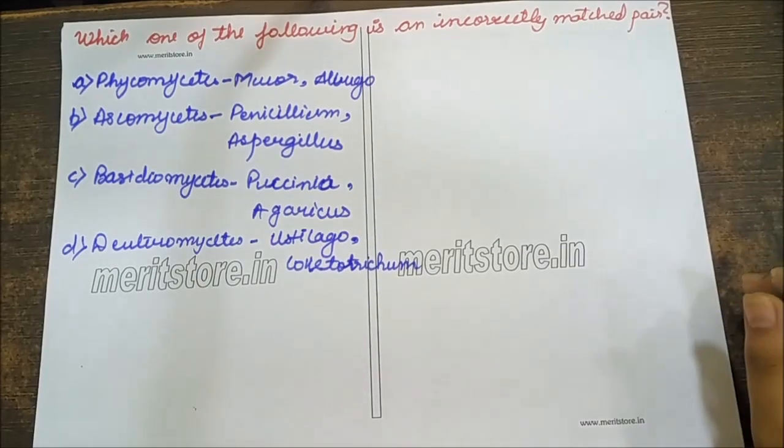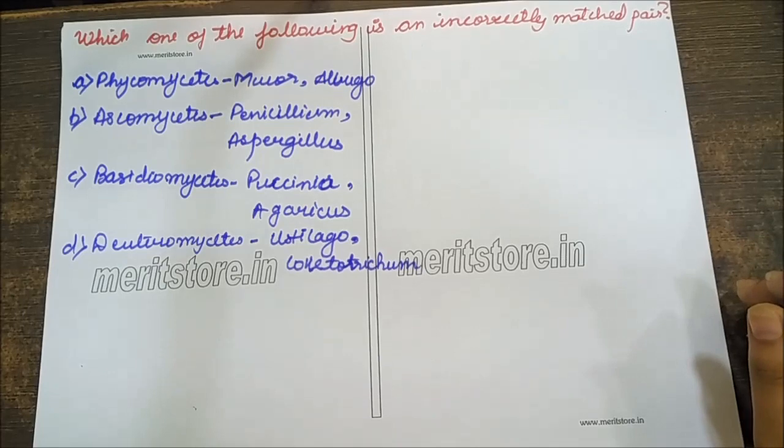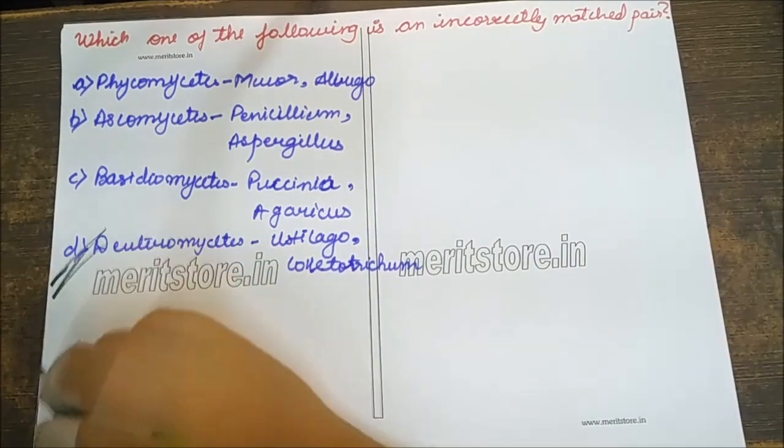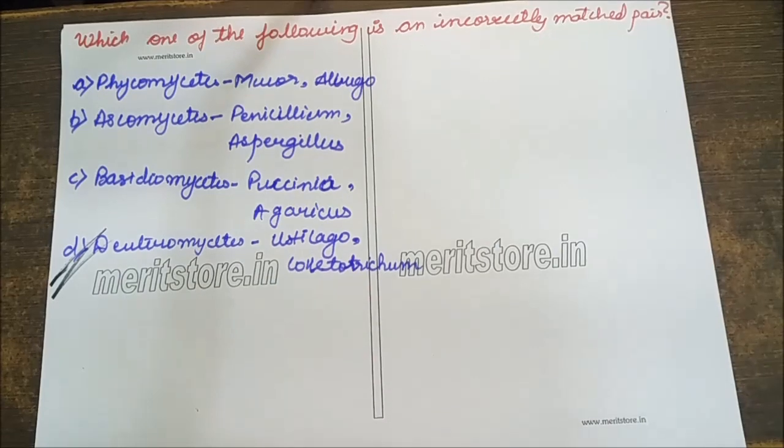Let's move on to the next question. Which one of the following is an incorrectly matched pair? Phycomycetes: Mucor, Albugo; Ascomycetes: Penicillium, Aspergillus; Basidiomycetes: Puccinia and Agaricus; or Deuteromycetes, that is Ustilago or Colletotrichum. And the answer for this is Deuteromycetes, that is Ustilago and